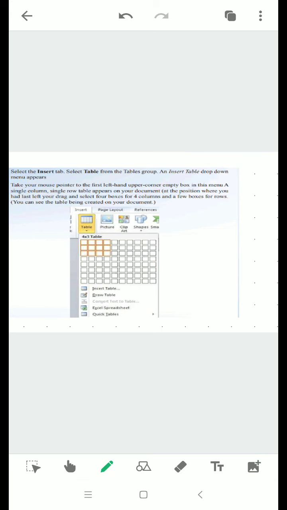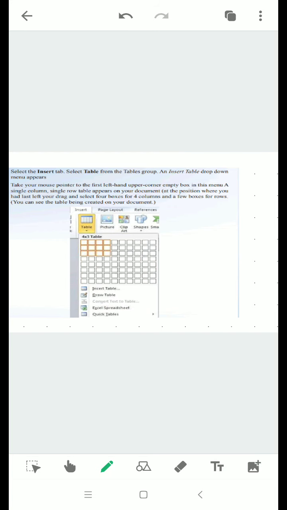Next is draw table option. We can also insert a table in the document by drawing it on the working area. When you select the draw table option from the insert tab, the pointer will be changed to a pencil, and you have to press the left mouse button and drag the pencil on the working area, so that we can draw the rows and columns by dragging the mouse on the working area. These are the three methods by which we can create a table from the insert tab.